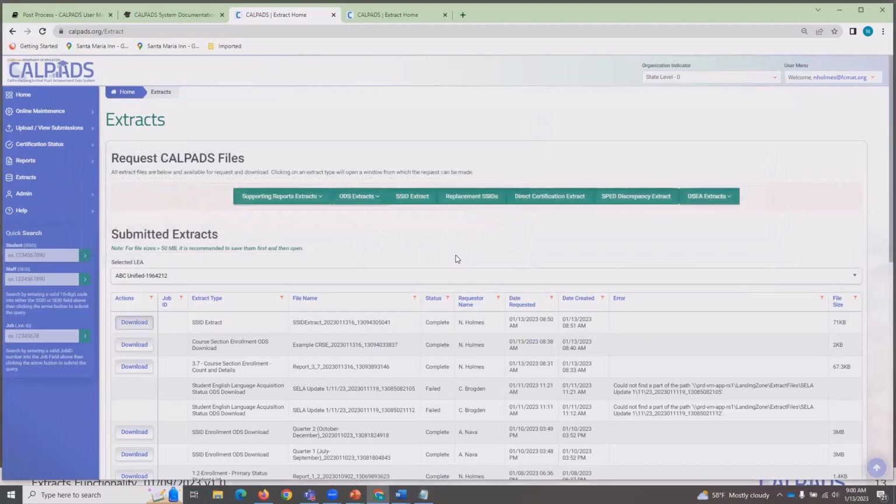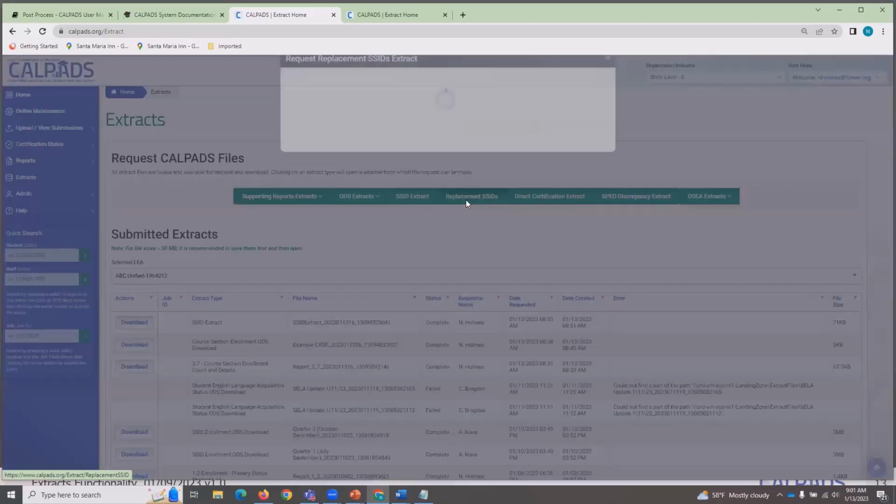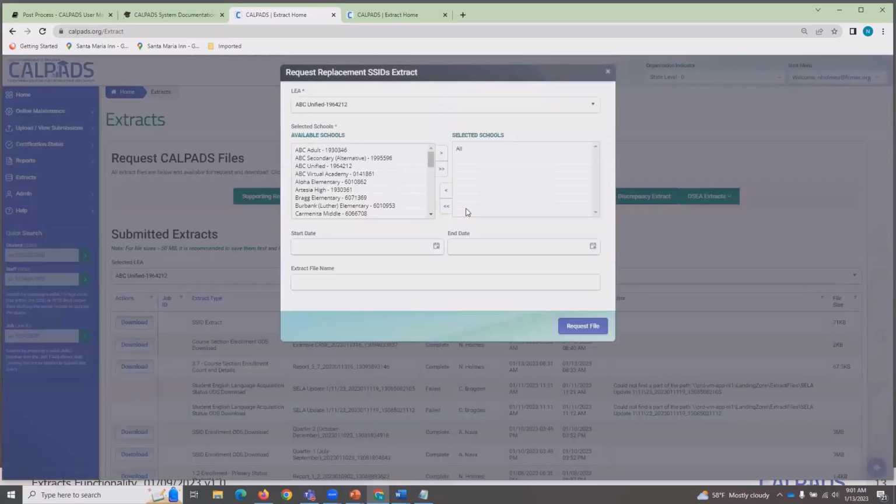Don't save. Okay, so then we have replacement SSID extracts. And this time, we're not going to make a request, just solely want to show you the functionality. We know that it's a two-step process. And you can see that the filter options are the same. And the request replacement SSIDs are